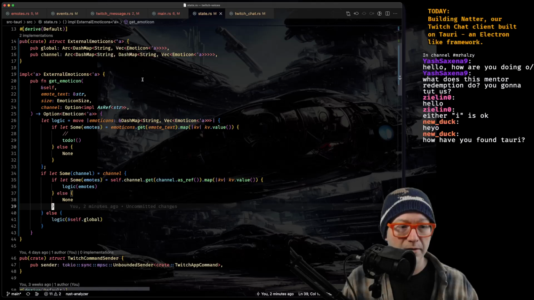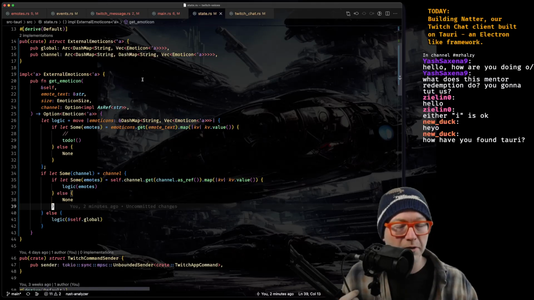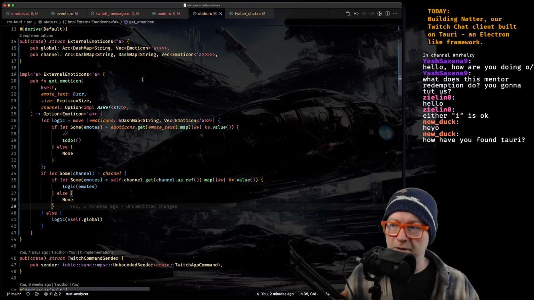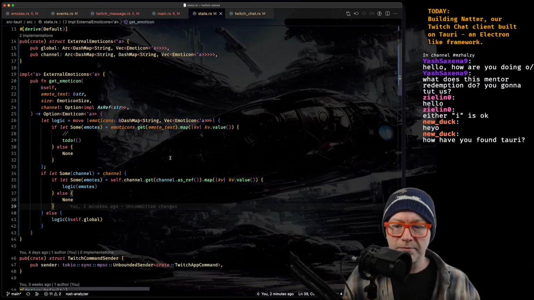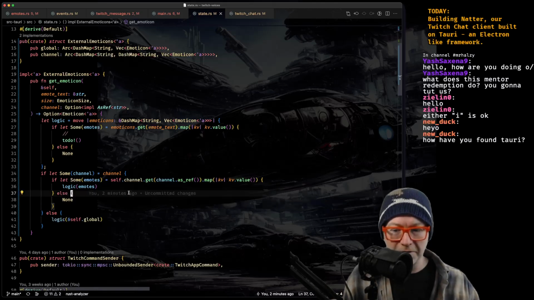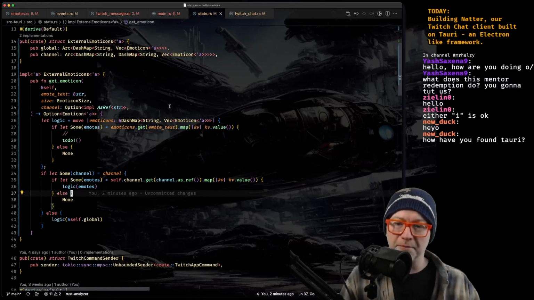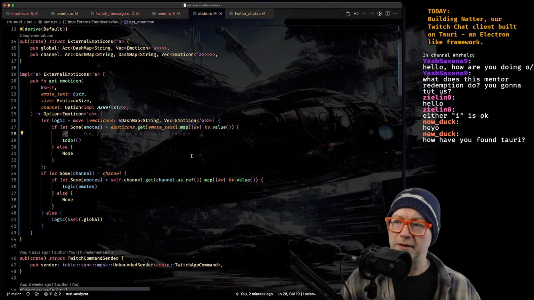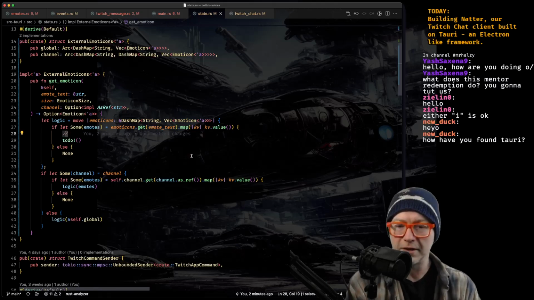How have I found Tauri? I like it. I really like it. I'm looking forward to the next project with it. I've learned a lot on this one. I like the way that the APIs are set up.